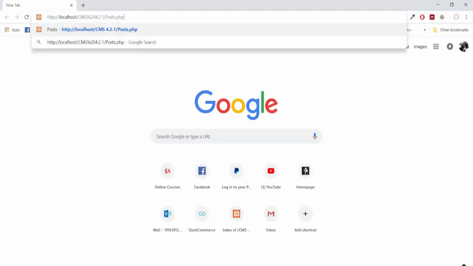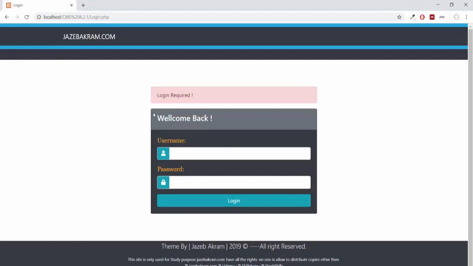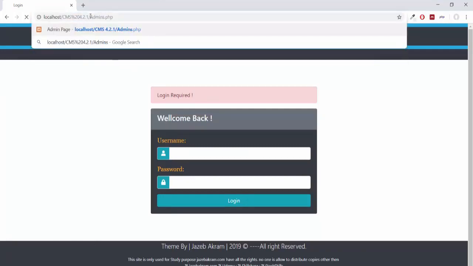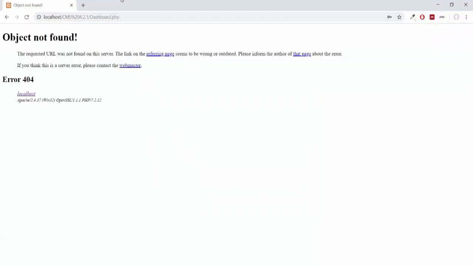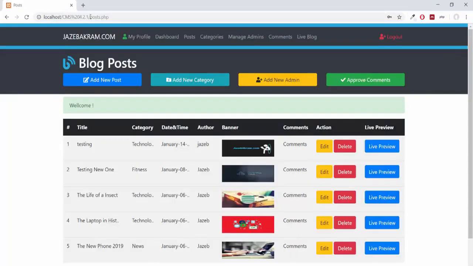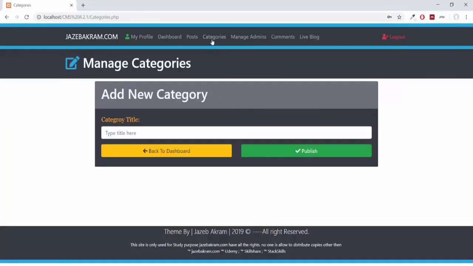Now if I try to go to posts.php page, see message. If I try to go into admins.php, login.php, login required. So giving it username of Tom. See, I'm on my dashboard.php page and I can access any page I like.